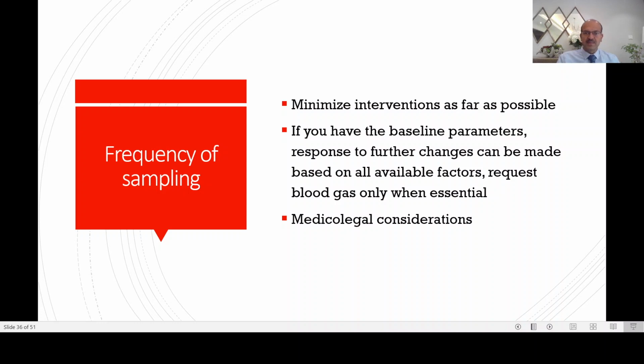For example, if a baby is on CPAP, their breathing effort is good, they are on room air, and there is really no need to do blood gases on them to know they are stable. By weaning the pressure and looking at the chest wall in-drawing, you know how the baby is coping with it. If there is worsening to an extent where the baby has recurrent apneic episodes and you're thinking whether the baby is decompensating and may need mechanical ventilation, then you need to do a blood gas.